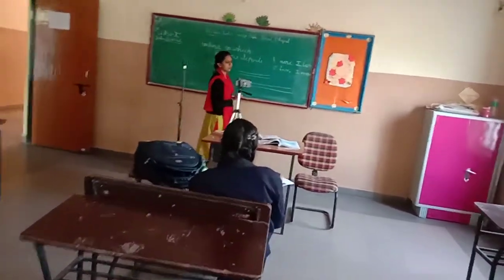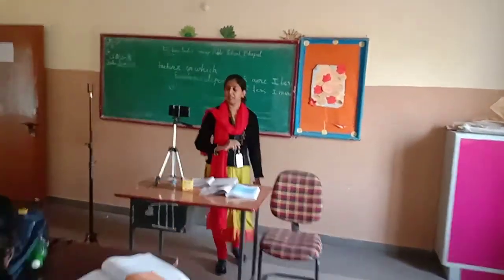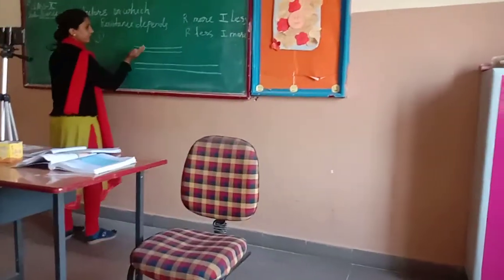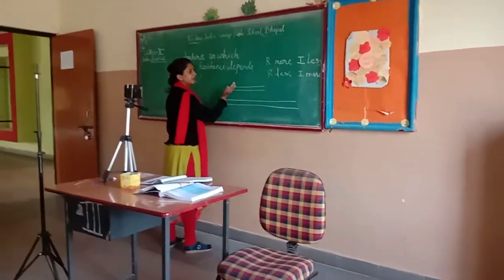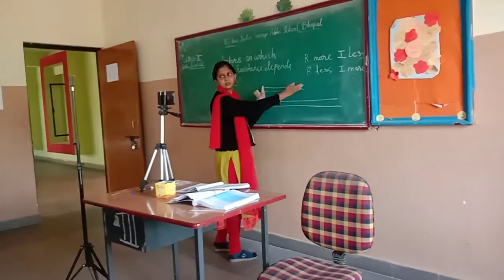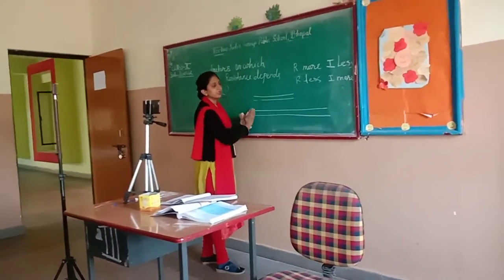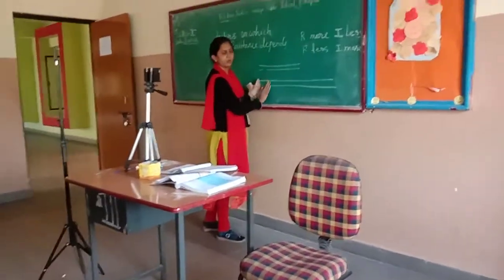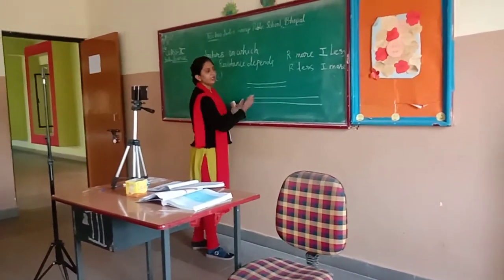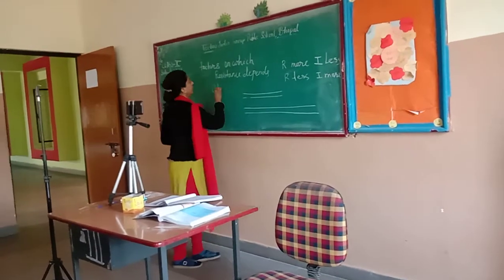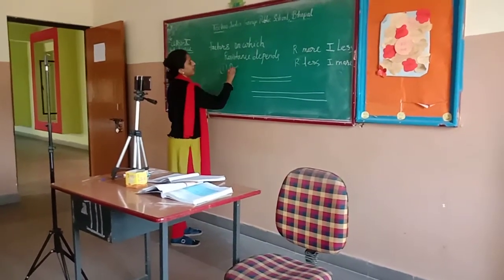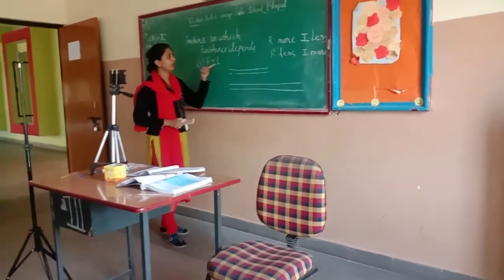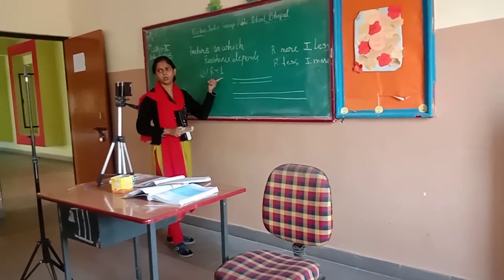So what do we conclude from that? Resistance depends on the length. If the length of the road is less, then obviously resistance is less. Obstacles are more where the length is more. Where will the obstacles be more? Where the length of the road is increased. So resistance is directly proportional to length. Where the length is more, resistance is obviously more.